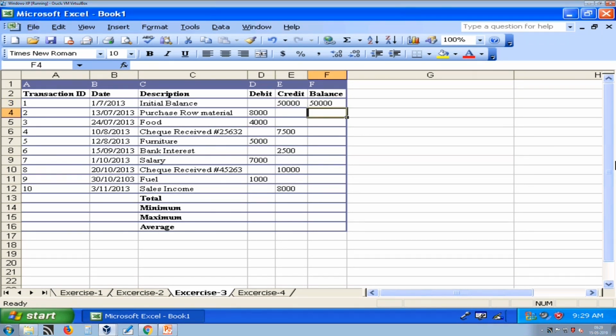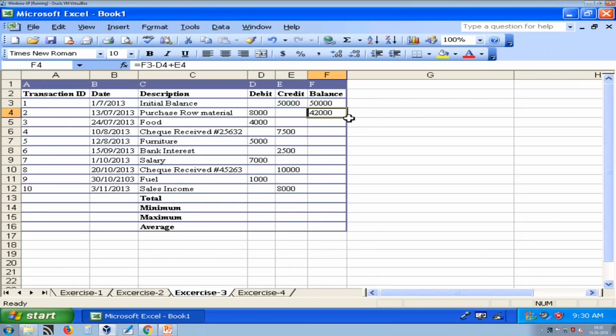So, our formula is like this: previous balance, which is F3, minus any debited amount, which is D4, and plus any credit. Here we do not have any credit, but if there is one we should count that. So, you will get 42,000.